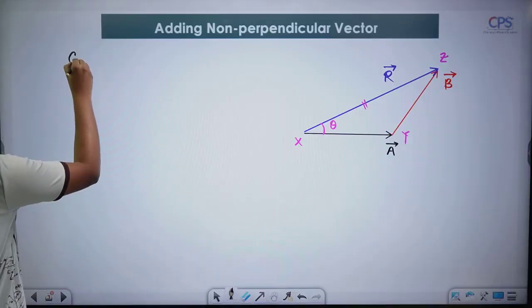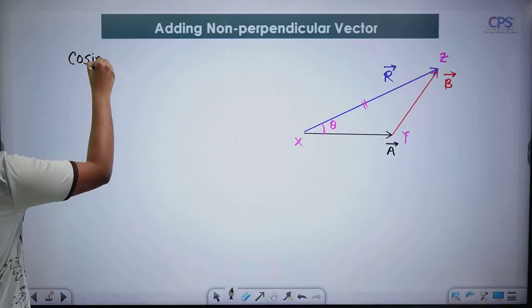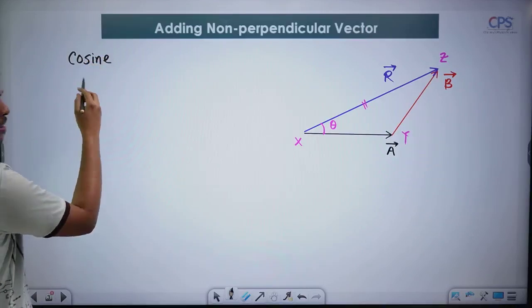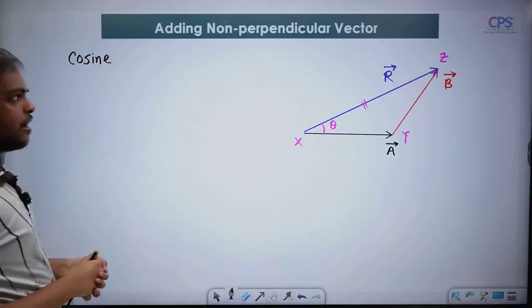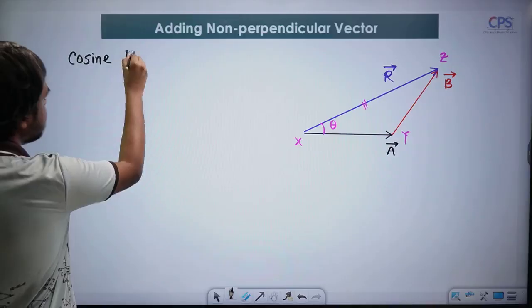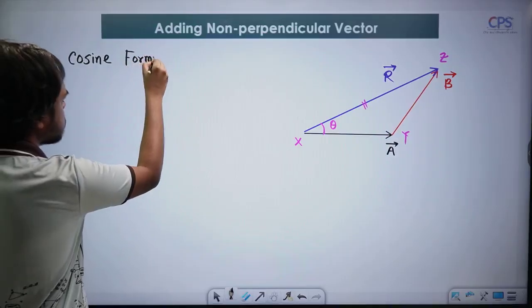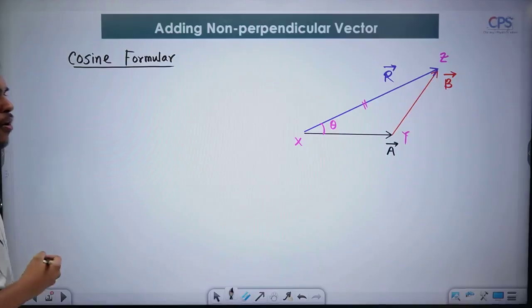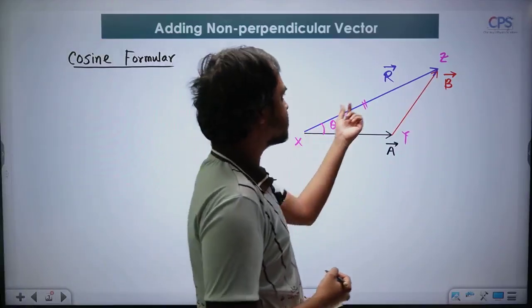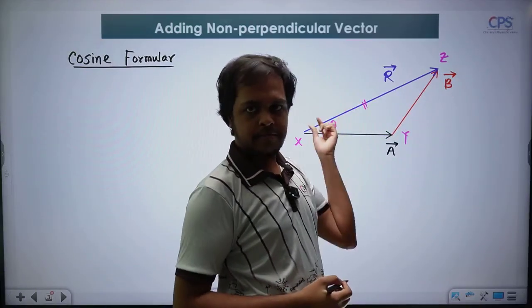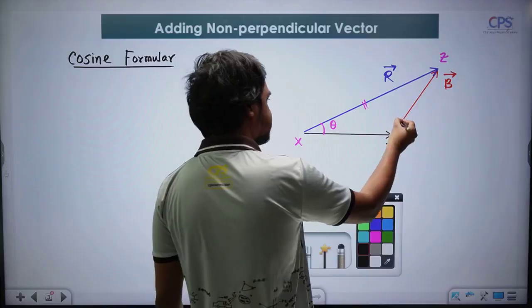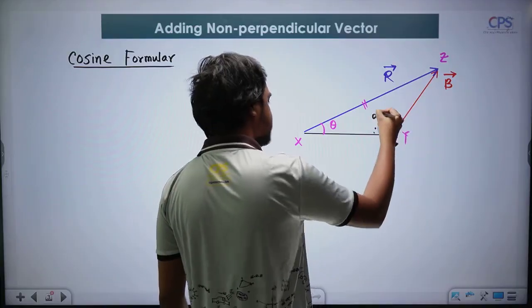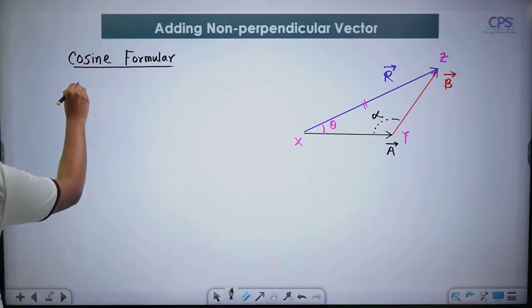You all learned this earlier in your academic career. This cosine formula states that for this XZ arm, and for this, let's say, alpha angle, the cosine of alpha,